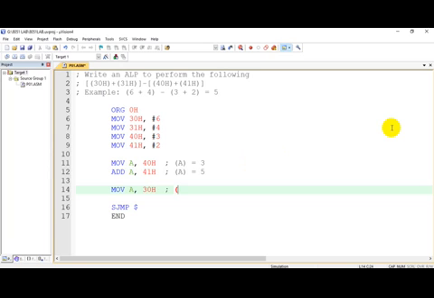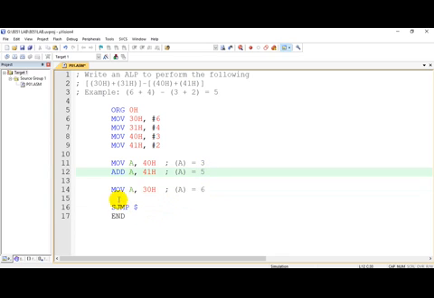So what will A contain now? A contains the contents of 30, that is 6. But we have a problem here. What is the problem? If I copy the contents of 30H into the accumulator, the previous sum, that is 5, will be lost. Correct?